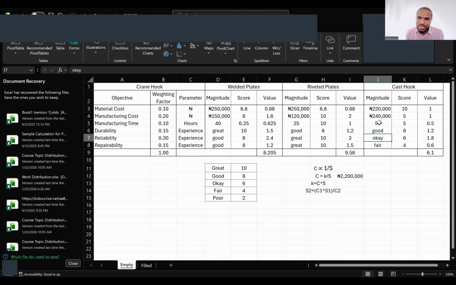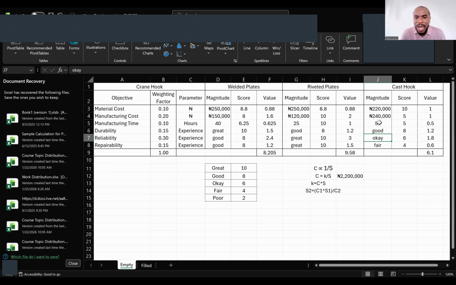It's the best option. It scored 9.58. Welded plates scored 8.25, and then cast hook was 6.1. So we go with riveted plates. Now, this is important because if something happens along the way, and the only man who does riveting in your village now died, will your project stop? No, it's easy. Okay, since riveted plates is no longer possible, what was the next best possible